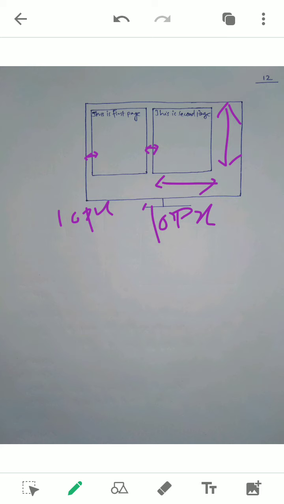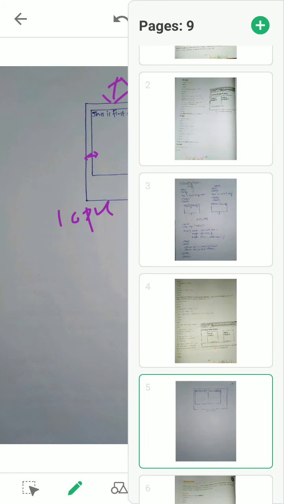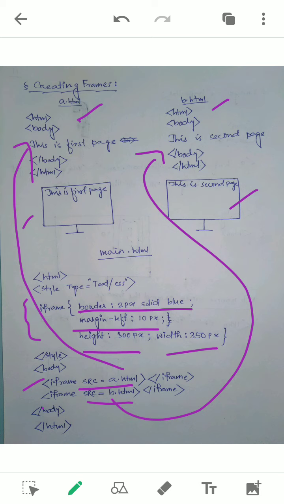If I write margin top, it means 10 pixels from the top side. Generally we use margin top or margin left, but here only margin left is used. So margin left is used for 10 pixels of space from the left side. And here we have used solid blue